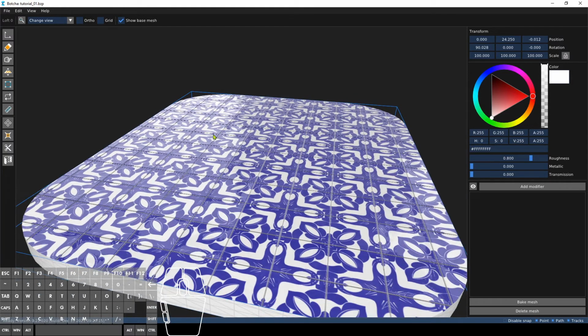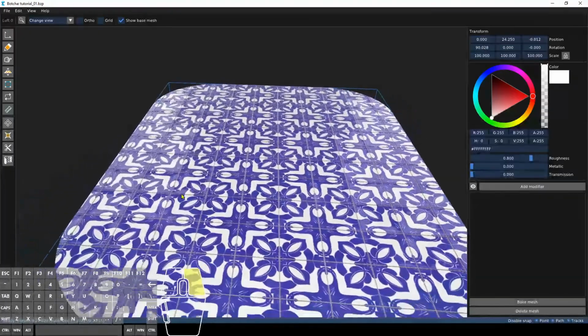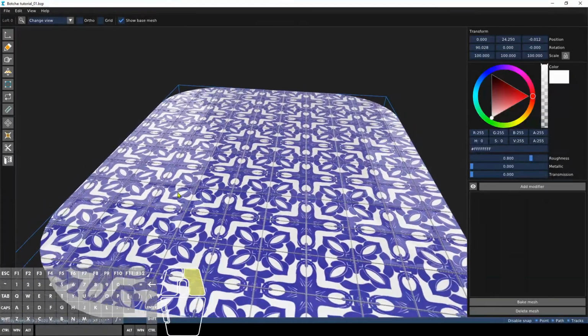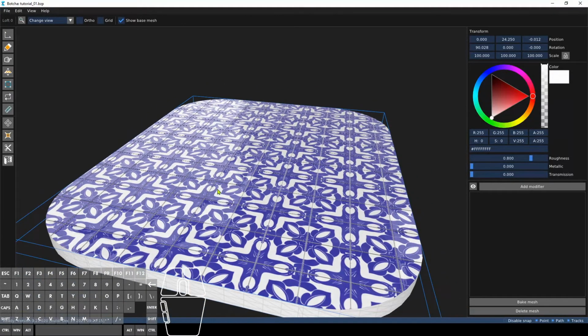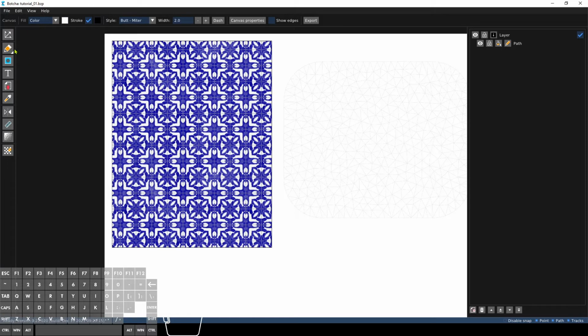So the normals will give us this nice reaction to light, and the roughness will also give us a rich look rather than that boring flat look that we had before. One thing to notice is that if I now create a path or a curve on top of this material,